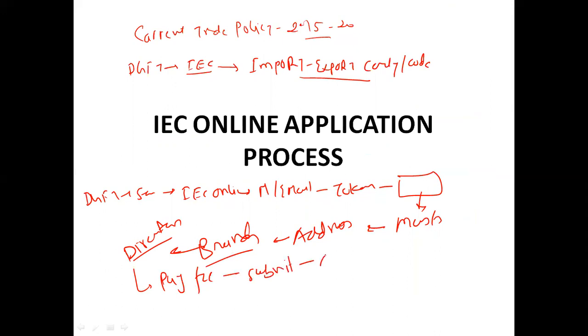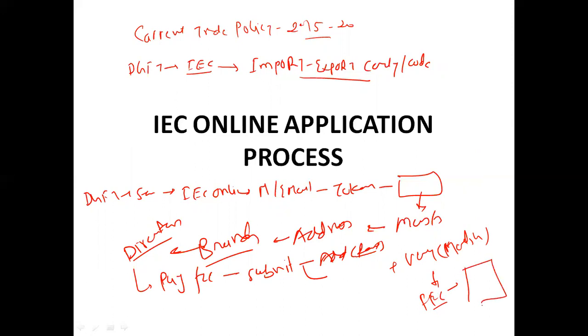Then pay the fees, okay, and then submit the documents. Which documents? Address proof. If you have a rent agreement, submit that rent agreement. If you own your shop or office, then give the electricity bill, plus the digital signature. Then upload the files and verify all the details that you have mentioned in the master file. Once you verify it, they will ask you to generate the IEC number. Click on IEC generation. Within 5 to 10 minutes, you will get your IEC certification.